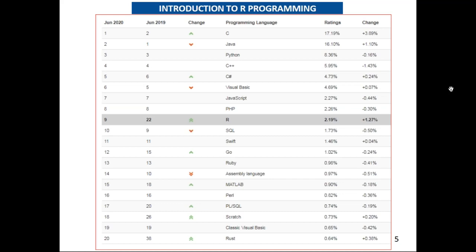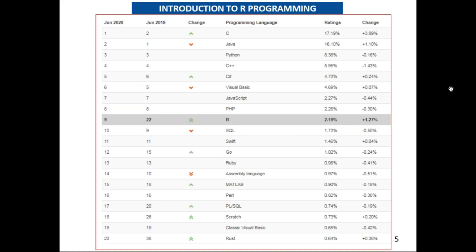Now we can come to our R language. Here you can see drastic changes. Last year, June 2019, it was at 22nd position. Now you can see the difference. As of the current month, 2020, it stood at 9th position.